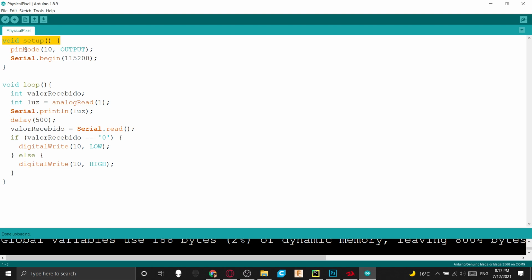pinMode of pin 10 as output, which pretty much means that the 10th pin is now in output mode. Defining Serial.begin means I'm connecting with the serial. This is actually the rate of the connection, so very interesting. And here in this little loop, I'm just saying that